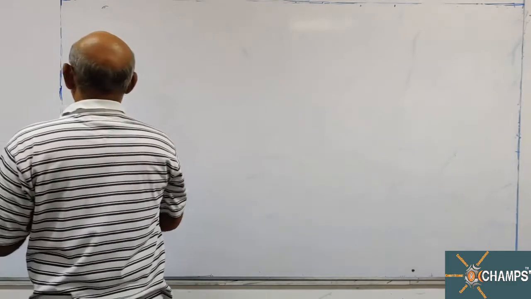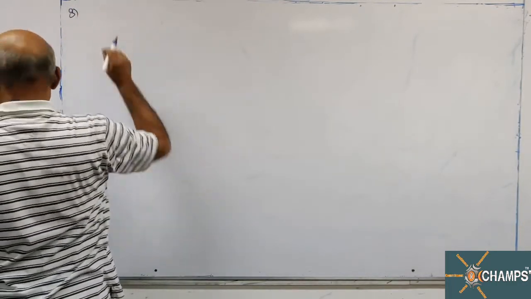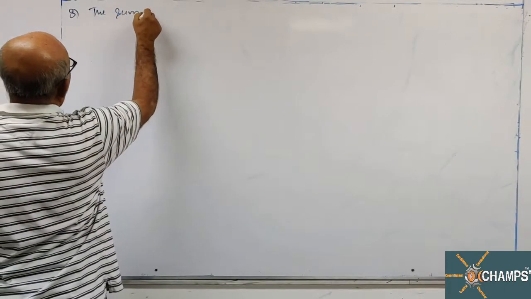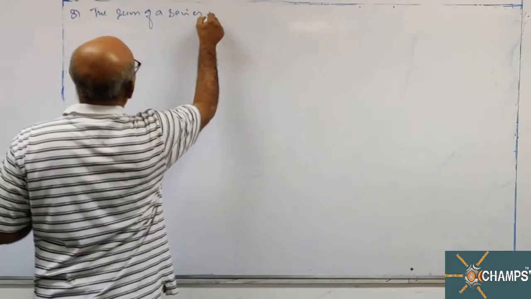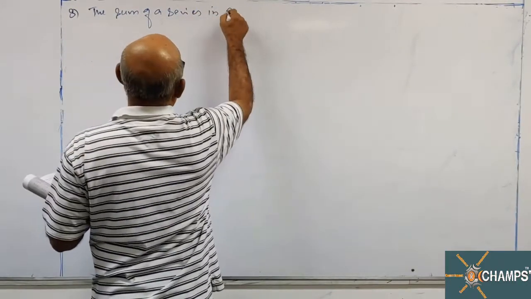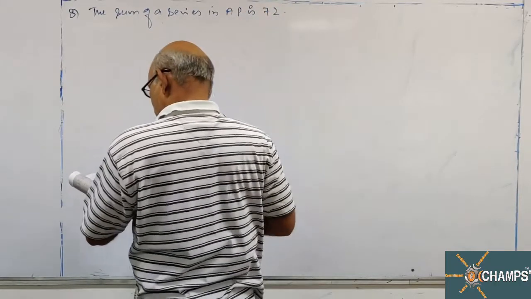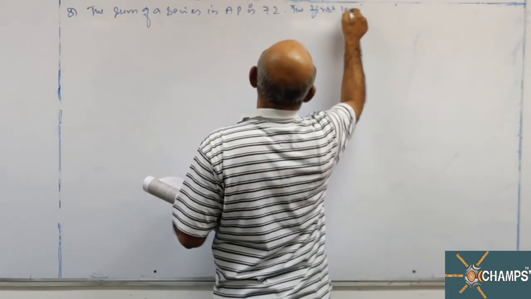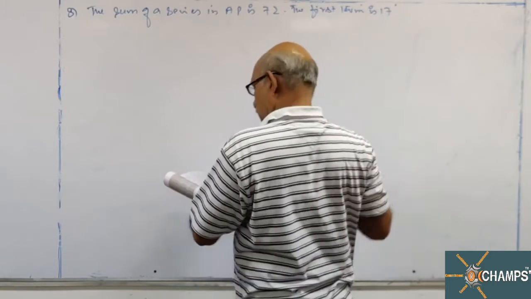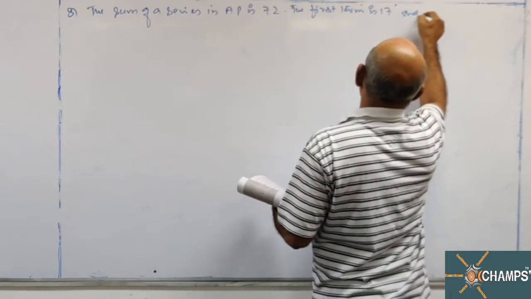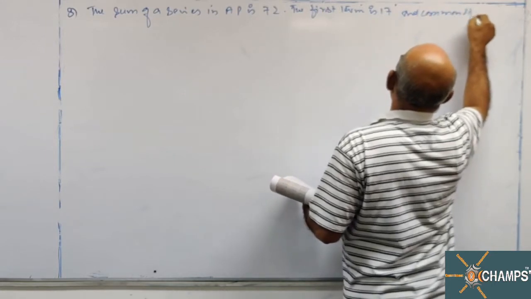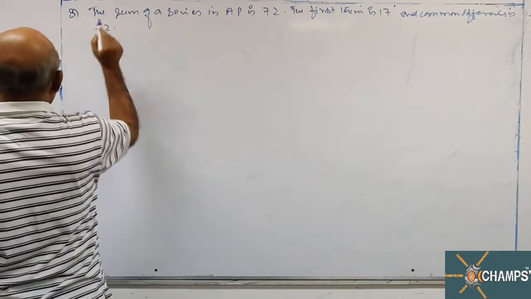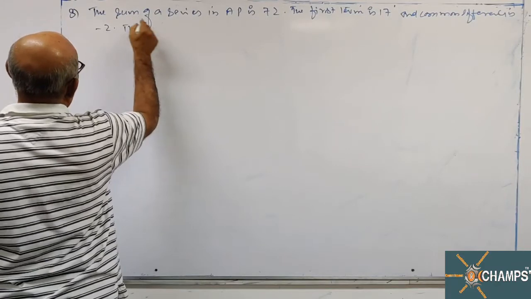Look at question number 8. The sum of a series in AP is 72. The first term is 17 and the common difference is -2. The number of terms is